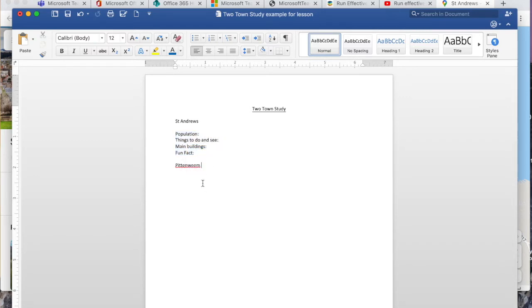Now I go back to Pittenweem. I'm going to click Enter twice to go 2 lines down. And then I'm going to right-click, paste. There we go. That saved me having to write it all out again. Okay, so this is all the information I need to find out. Now, one of the things that you also need to do in your 2-town study, in your fact file, is include a photograph. So let's go back to the internet and find a photograph that we like of St Andrews